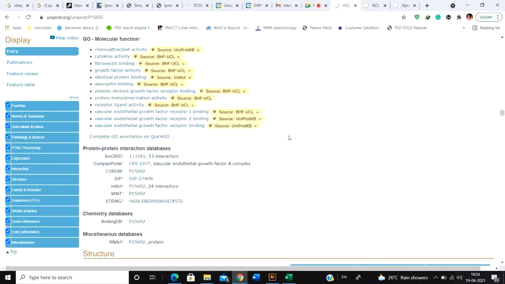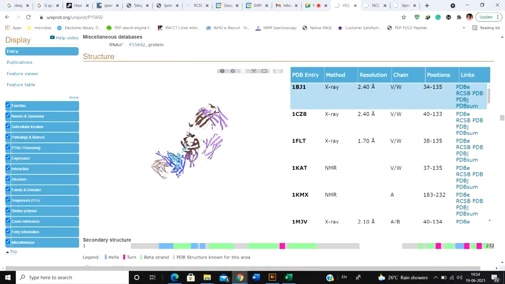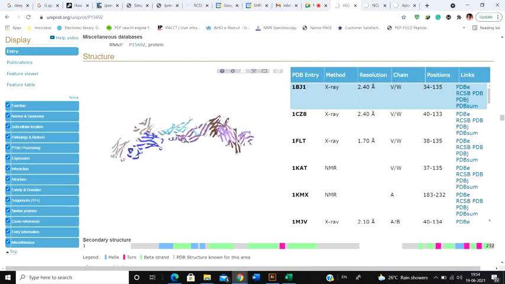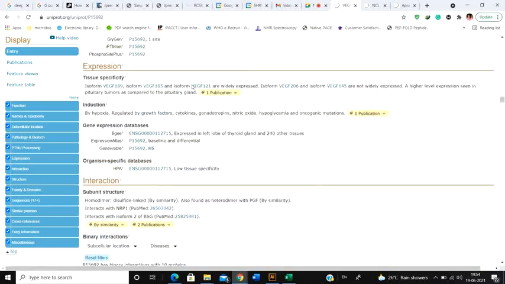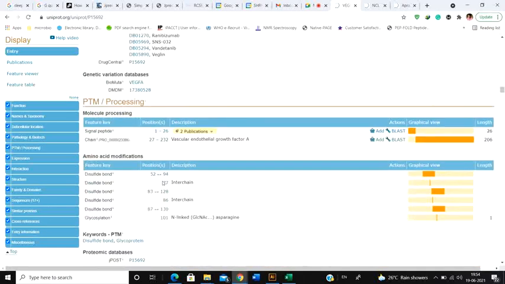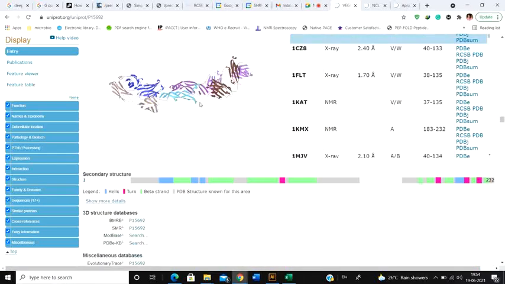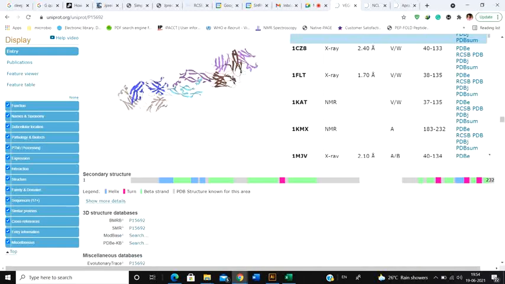Let me talk about this isoform. Now see, in this particular case, this is the structure of the VEGF protein. Now see, there are multiple. Remember I told that they have interchain disulfide bond formation, interchain disulfide bonds 77 and 86. And why? Because this is a multiple subunit protein. See, there are so many different structures, all the different colors indicate a different chain.